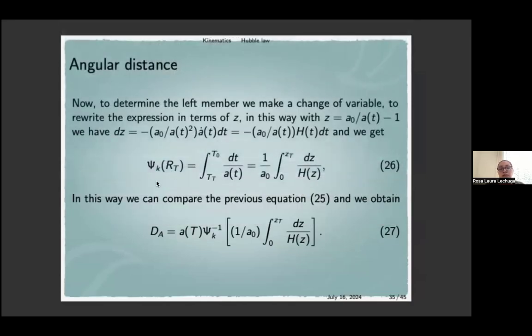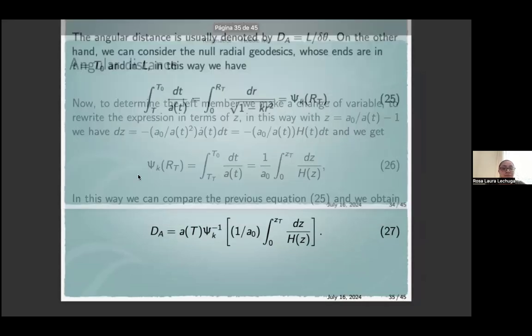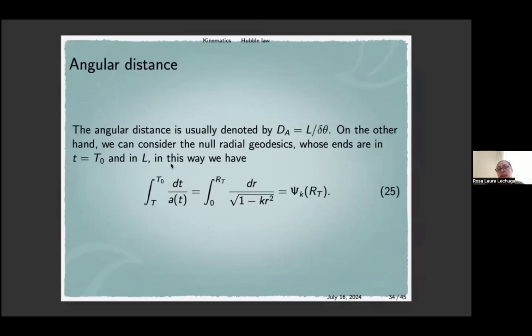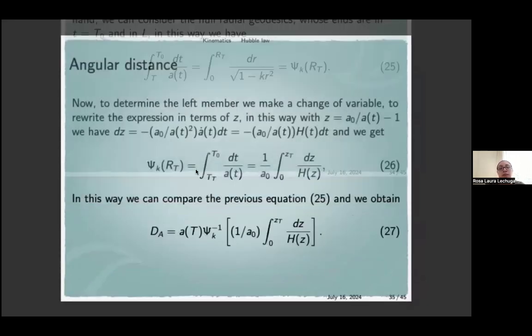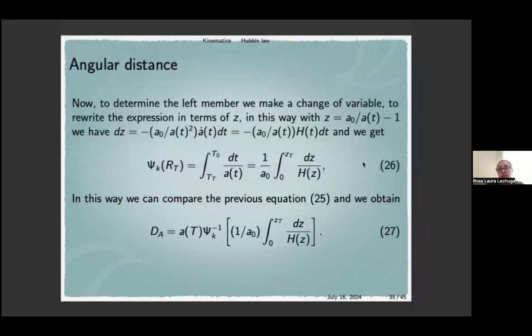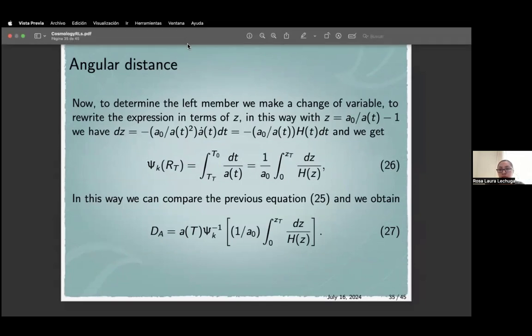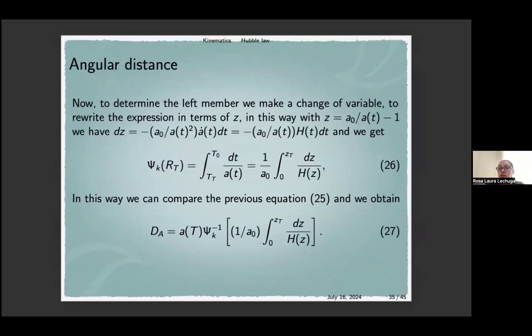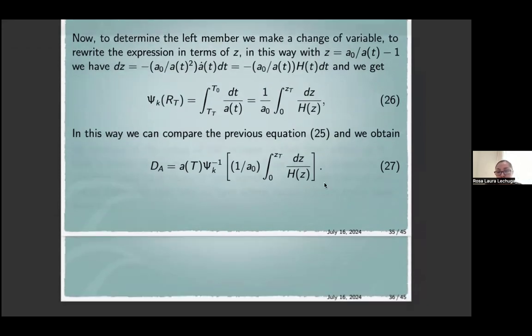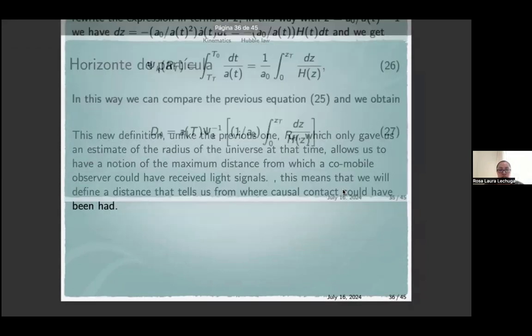And I focus on the left-hand side of the equation, and I get this expression, and I perform the integration, and I write it in terms of the redshift. Is there a question? Okay, it seems not. And I write it in terms of h,